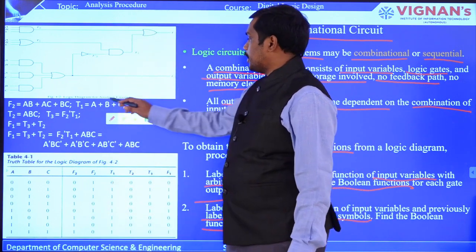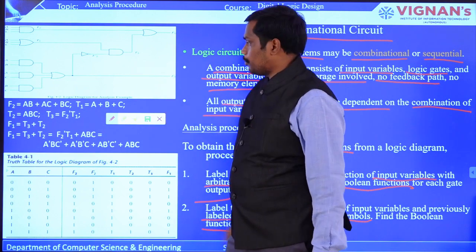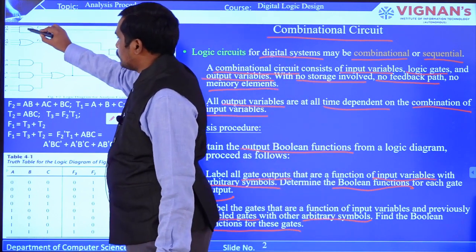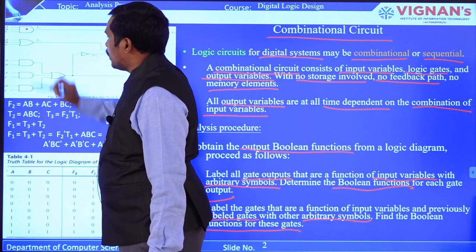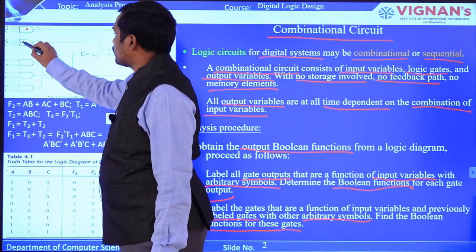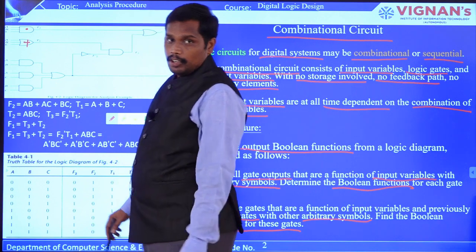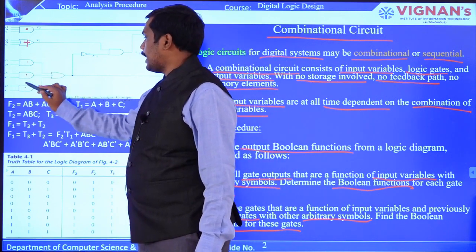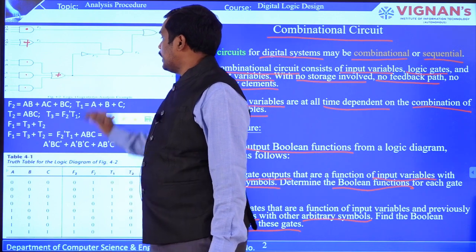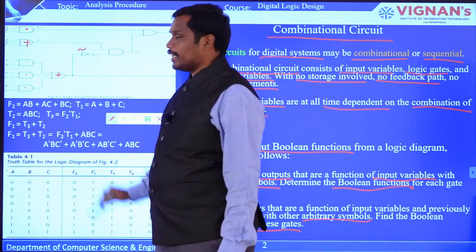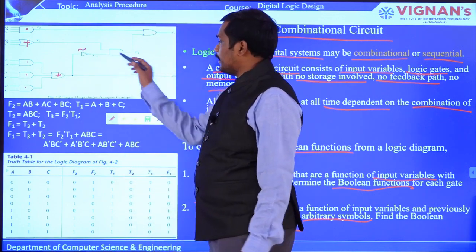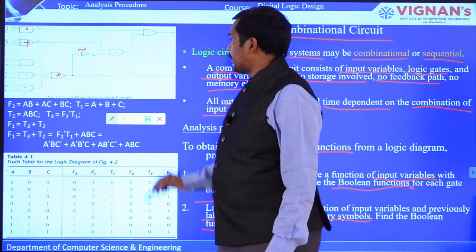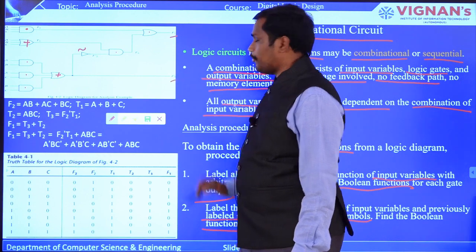This is the logic diagram for some expression over here. So we are going to see what that expression is. Now you can see here, this is AND, right? AND is represented with a dot, and OR is represented with a plus, which means OR, right? And here it is AND, and here it is OR, and then this is NOT, the negation, also called an inverter, and then here you can see OR, and finally you are going to have expressions F1 and F2.